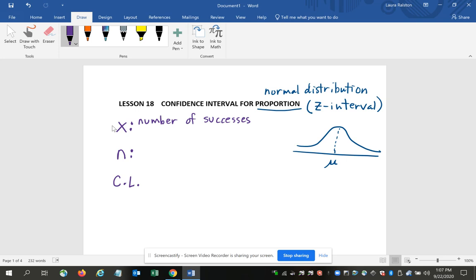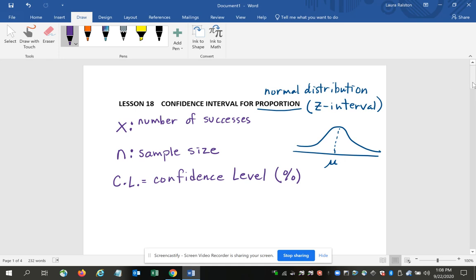If you're flipping a coin and you want to flip a head, then how many heads did you get? If you're rolling a die and you want to get, say, a 5, how many times did you get a 5? So x is the number of successes. n is, again, our sample size. How many did you have total? And of course, CL is our confidence level,